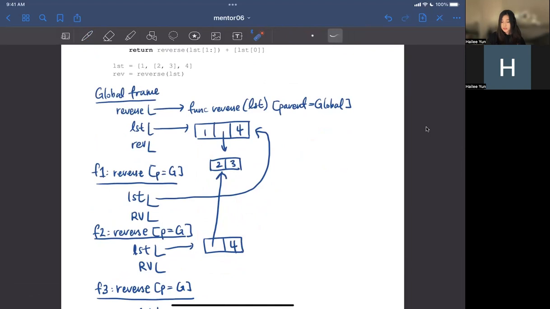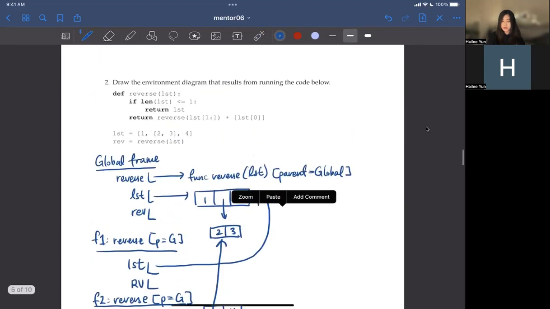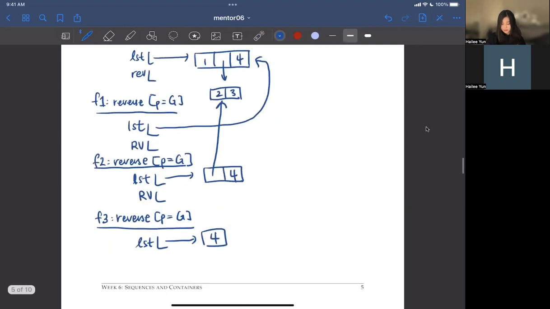To the end of the list is just this lonely 4. So this list is now a pointer to a list with only one element, that is 4. All right, so now we go into the if statement, and we see that the length of list is in fact less than or equal to 1. So we return this